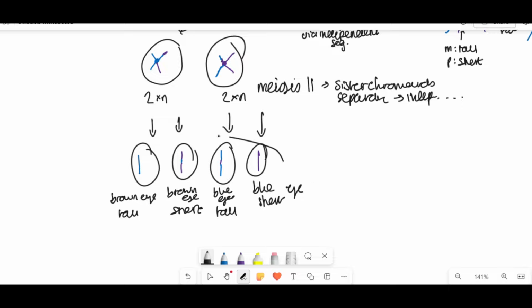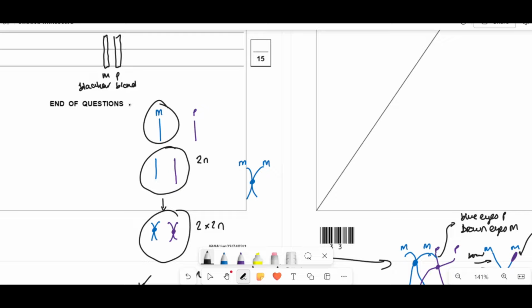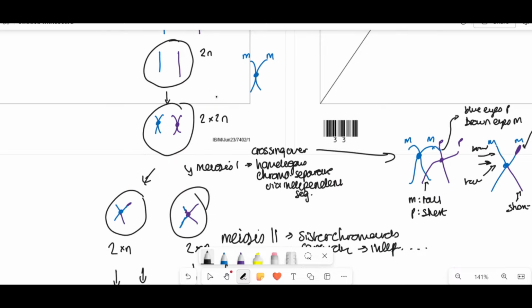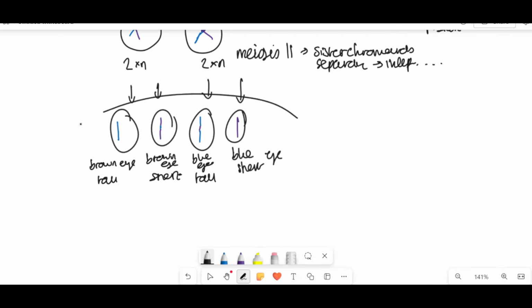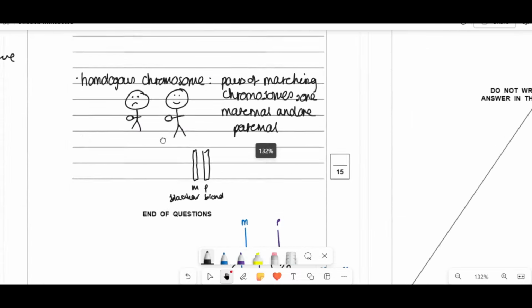Can you see how we have lots of different combos now of things that never existed to begin with? Because mum was brown-eyed and tall, dad was blue-eyed and short. And now through crossing over, recombination, all of this, we now end up with new combos like that. So to summarize, just as a quick thing, because I know that was a lot of yapping,